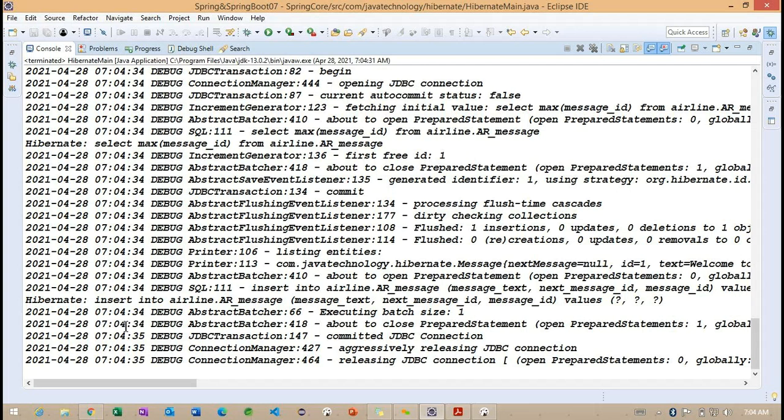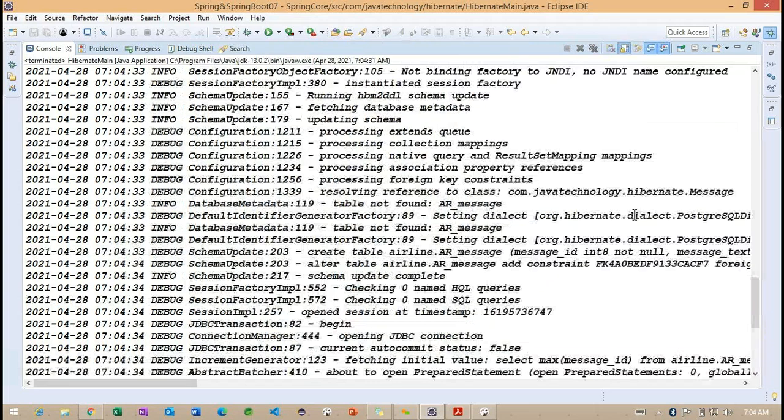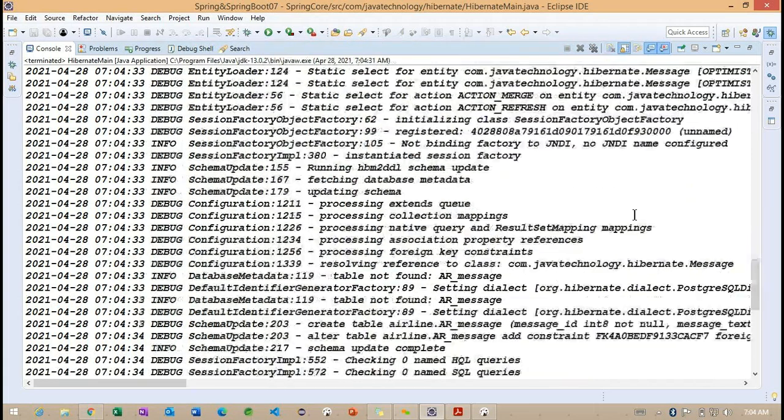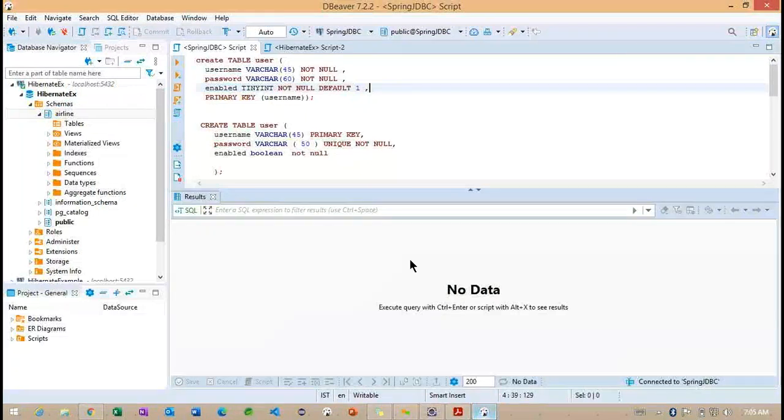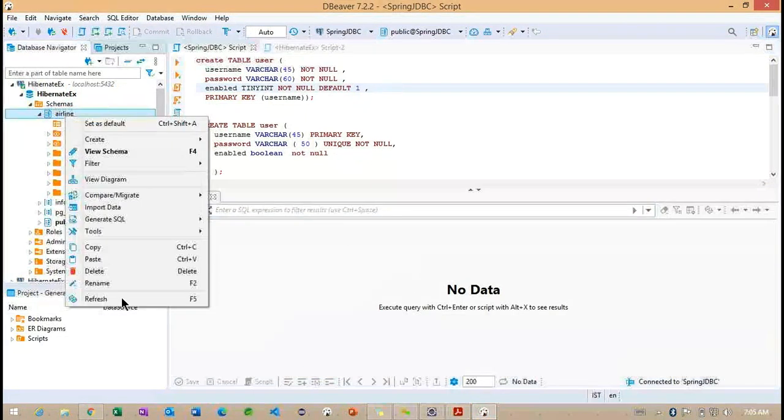Okay, we did not get any error here. But now we need to understand whether this table is created or not. First we need to check whether the table is created. Where do we check? Now we are working with the schema information. Previously we didn't have a schema, we identified the public schema, but now we are creating a table inside this schema called airlines.